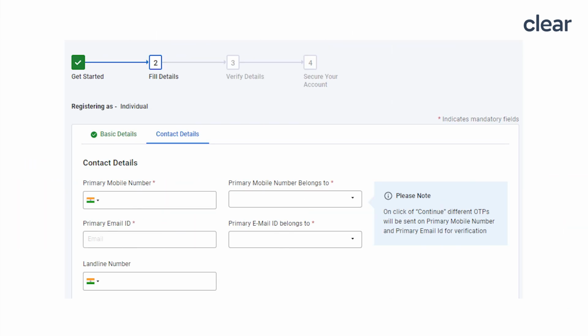Step 5. Provide the contact information for receiving the OTP. To validate the registration process, you will need to provide the information of mobile number, email ID and postal address details. It is always advisable to provide the taxpayer's contact details. Do not provide the contact details of the child's accountant or the tax consultant.